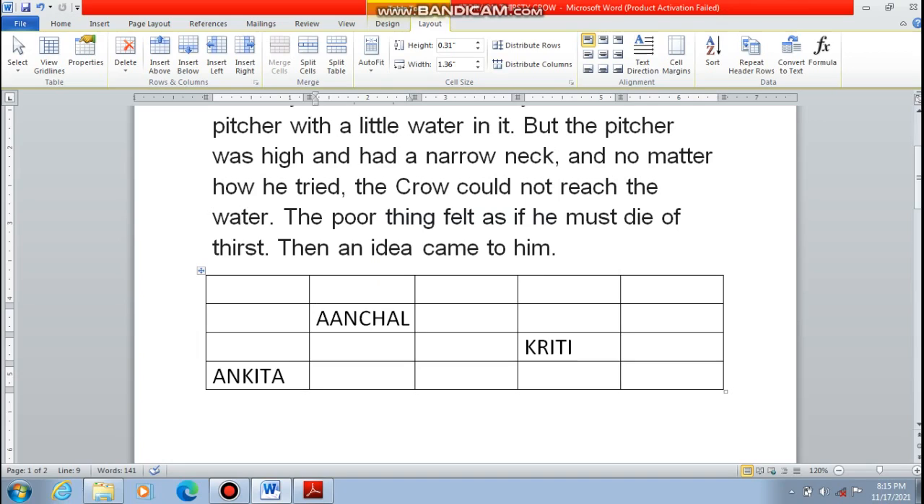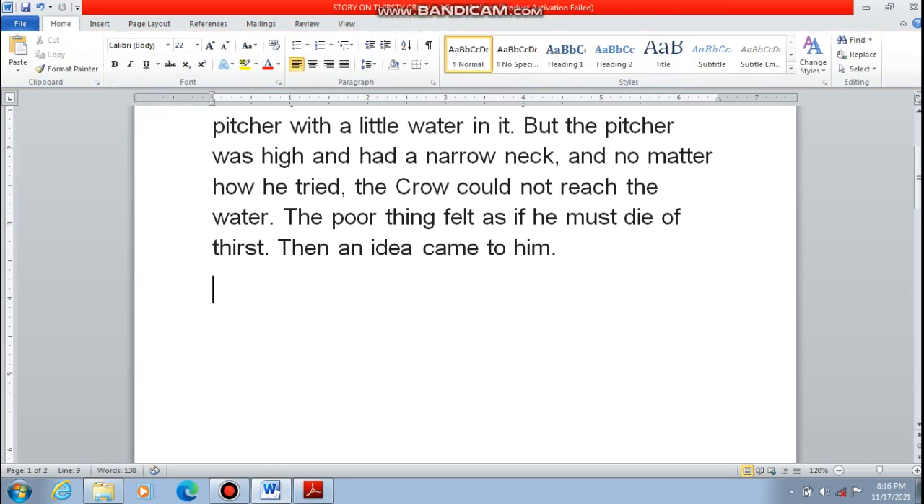Okay, I just want to delete the column. The column is deleted, so wherever your insertion point is, that column will be deleted. If I click on delete table, the complete table is deleted and the content that was written in it is also deleted. Now for this, what you have to do is first of all you need to insert the